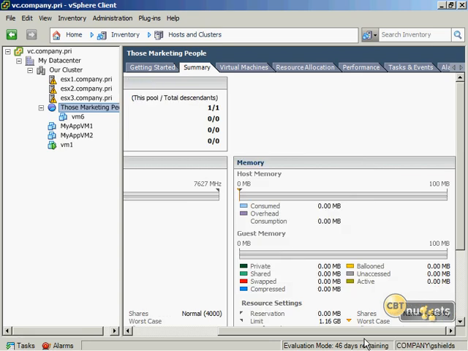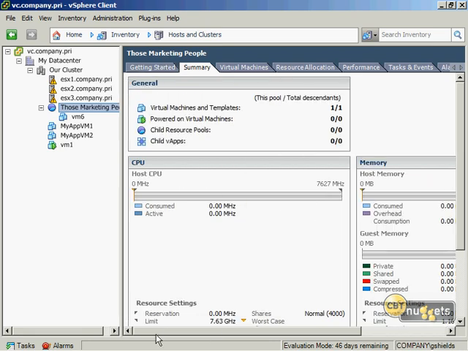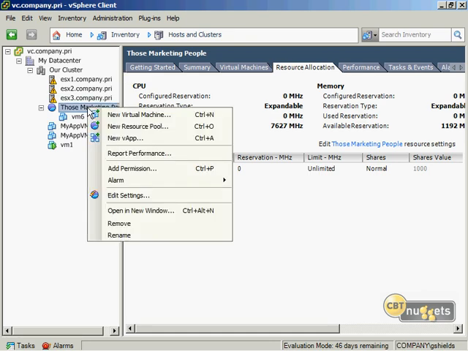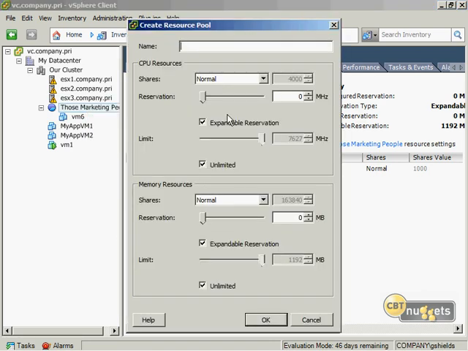So I'm now essentially providing some hard limits for those marketing people so that they can create as many VMs as they want, as long as the VMs that they create don't exceed the reservation that I've limited them to. I can create sub-resource pools too. The marketing people want to go through here and, I don't know, create a Project X pool. So they can then, from the reservations that I've given them, give more reservations,